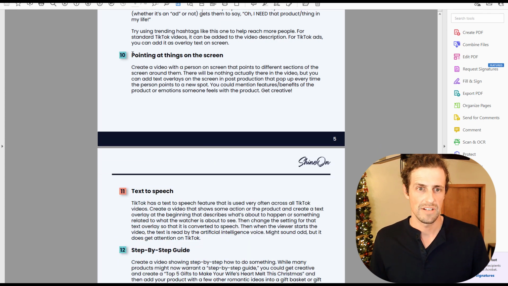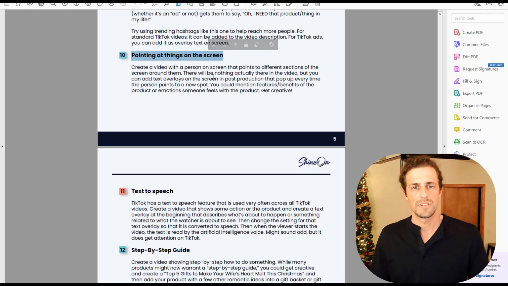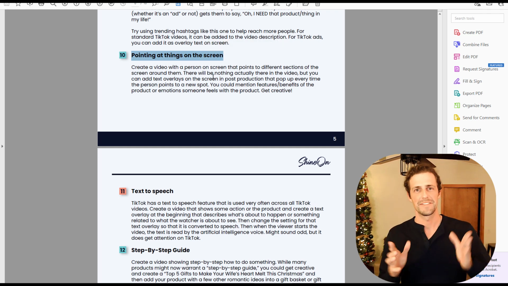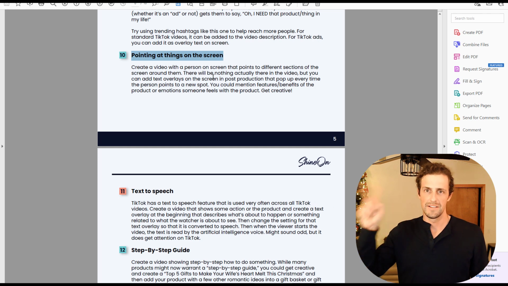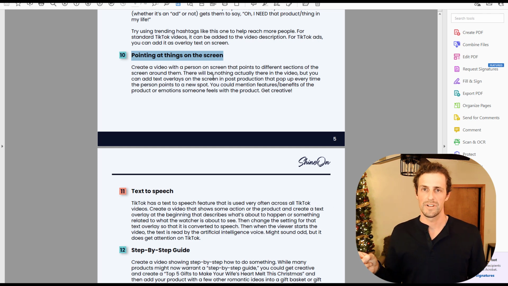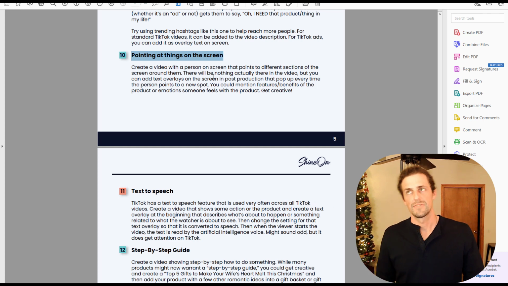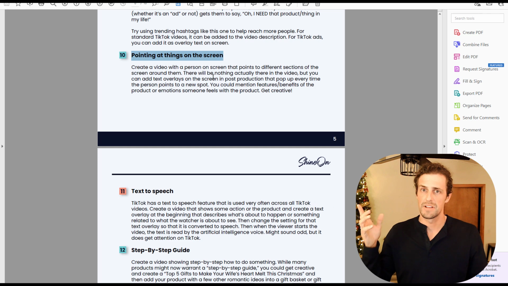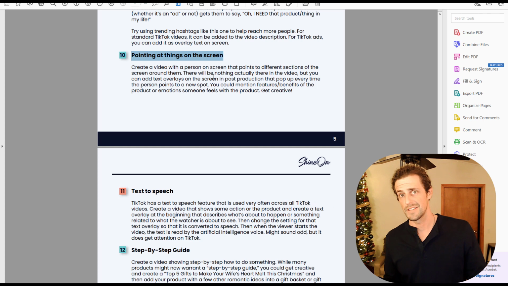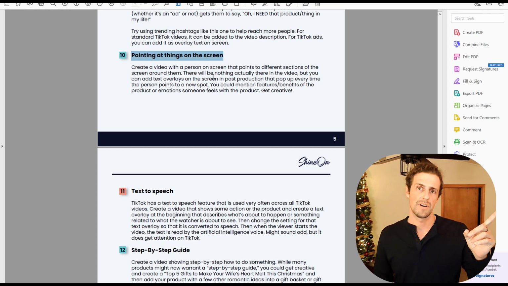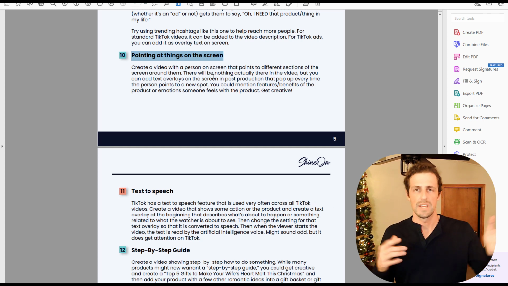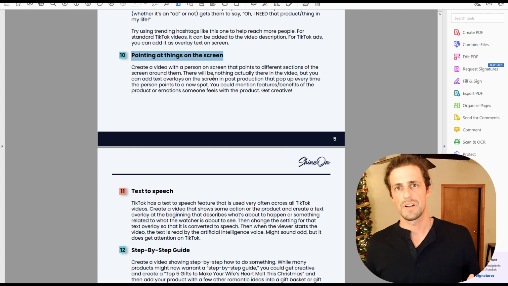Pointing at things on the screen, so a common trend, and I'm trying to be mindful of where my video is, but it could be something like just doing one of these where you're kind of pointing around, and as you're pointing, you put up just a little overlay text, sort of explaining a thing or something. Like, first I needed a really great gift. Again, this is off the top of my head. Really needed a great gift for my wife. She's super hard to buy for. I know you guys have that same problem. This is what I did about it, and here's how you can get yours. It could be something like that, and then maybe you show the product and